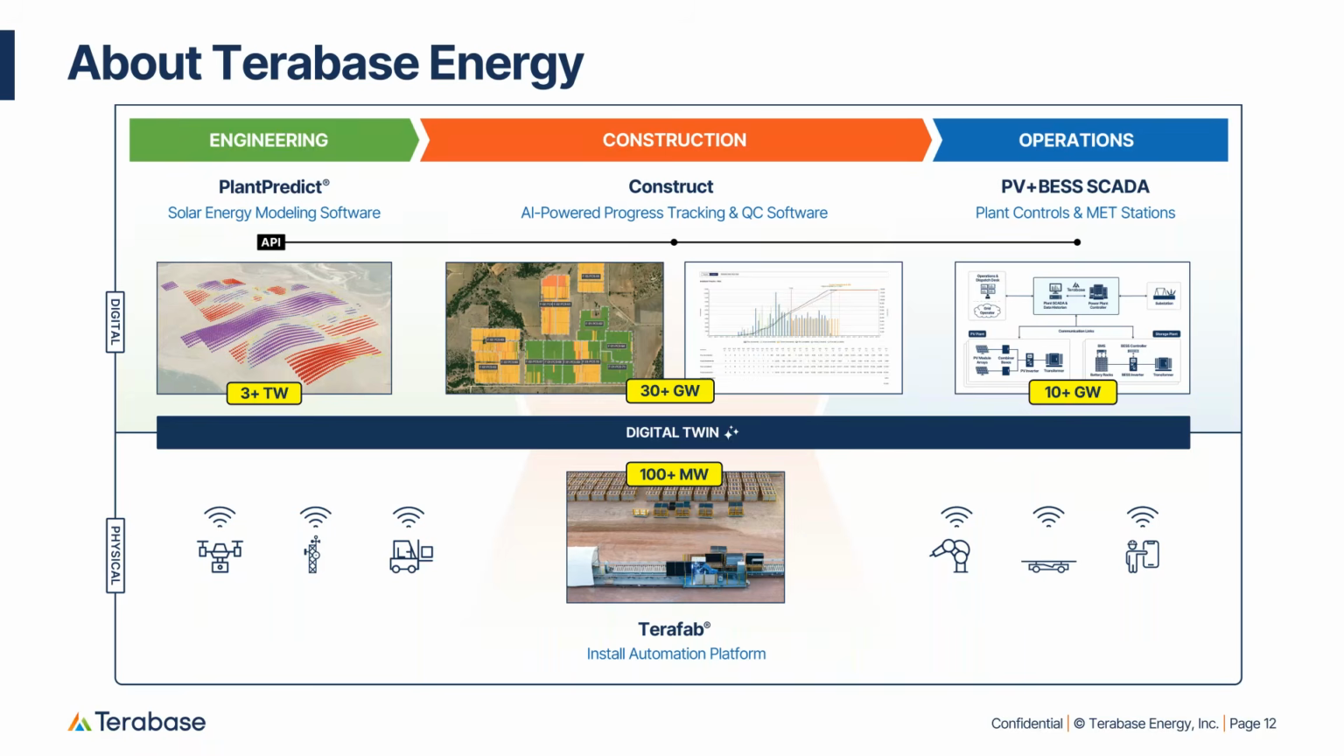On the left, we provide several engineering software products for the development and pre-construction phases of the project. Central to this is PlantPredict, our solar energy performance modeling application, and this will be the focus of today's webinar. PlantPredict's API, as illustrated, extends its usefulness into commissioning and operations phases where real-time models may be run in parallel